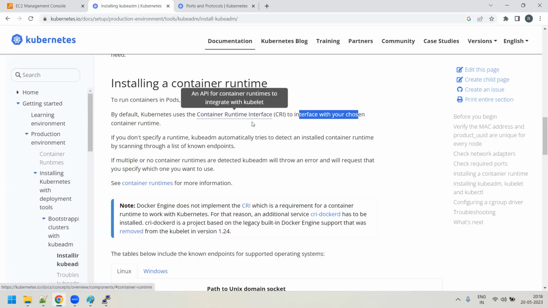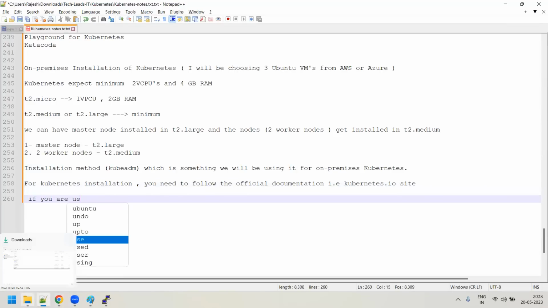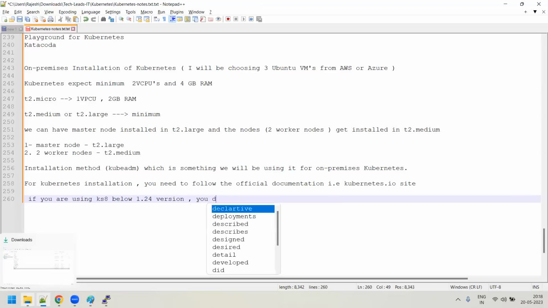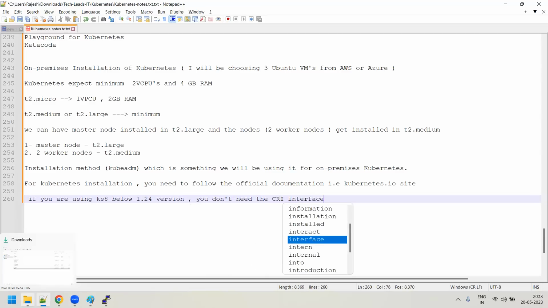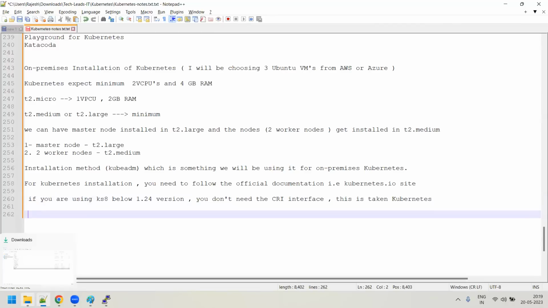Earlier, before 1.24, if you are using a Kubernetes version below 1.24, you don't need the CRI interface. This is not needed, because this is taken care of by Kubernetes itself. But later, from 1.24 onwards, they say that they will not support this CRI interface, because the CRI interface